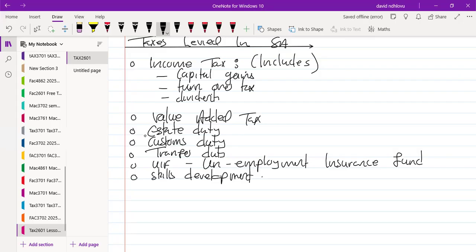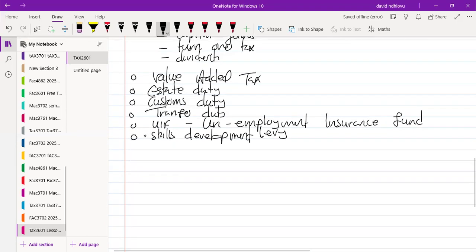Again, this is charged on individuals that are employed, right? So the funds are ring-fenced and used to help improve the skill base for companies. So this is the money that is used to fund trainings by the government, to fund learnerships and similar endeavors. Right. Let's say ETC, these are the most popular taxes that are possible in South Africa.